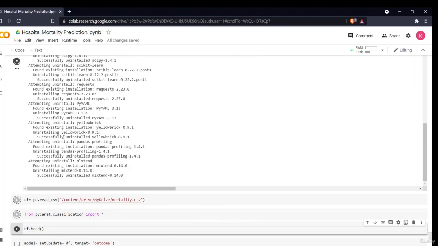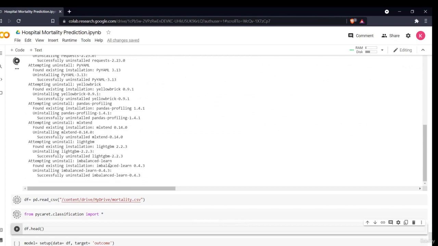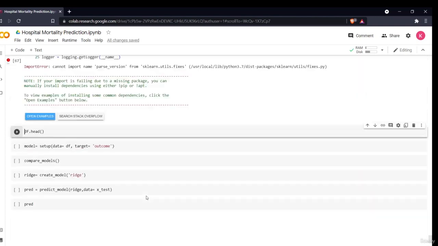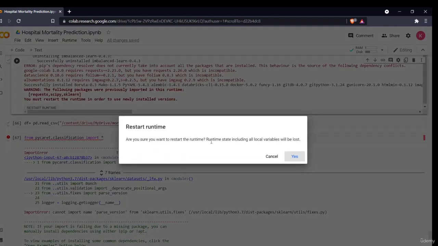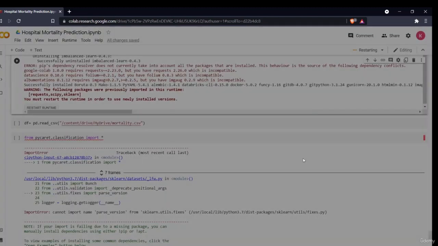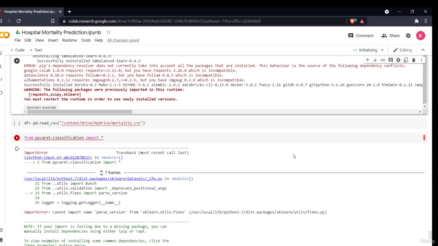Now I'll restart my runtime. You have to restart your runtime to allow Google Colab to read the library you have installed. If you don't restart it, it will not work.